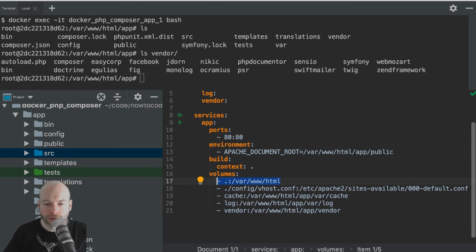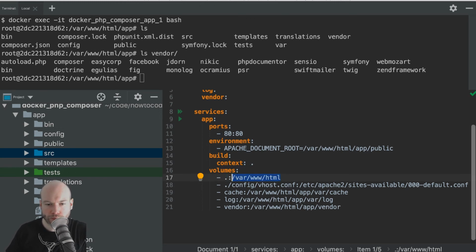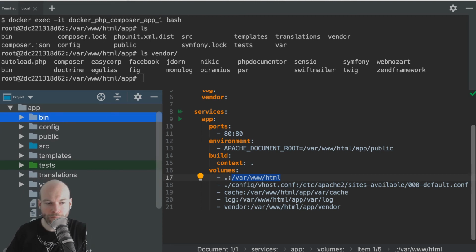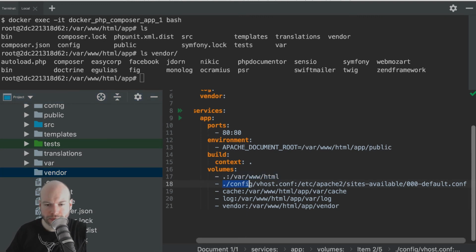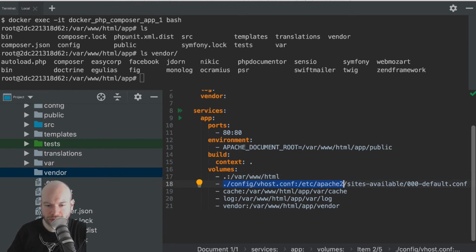The reason why is that when you bind mount the current working directory into var www, the host machine that you're bind mounting from doesn't have vendor at all. Yes, it has this, but it's empty, right? Then, once that's happened, it will do the same thing with the conf. That's fine, but it'll get to the cache directory and the log directories. Whatever is in these Docker volumes is now within here.